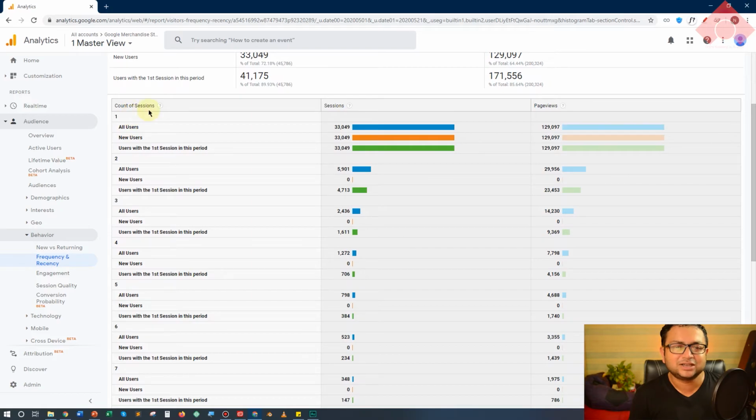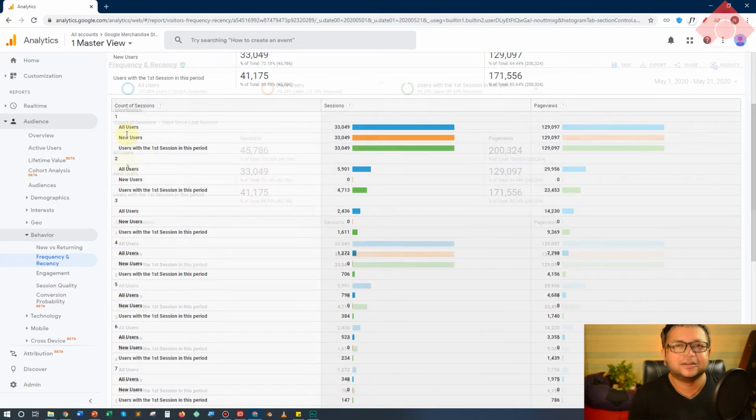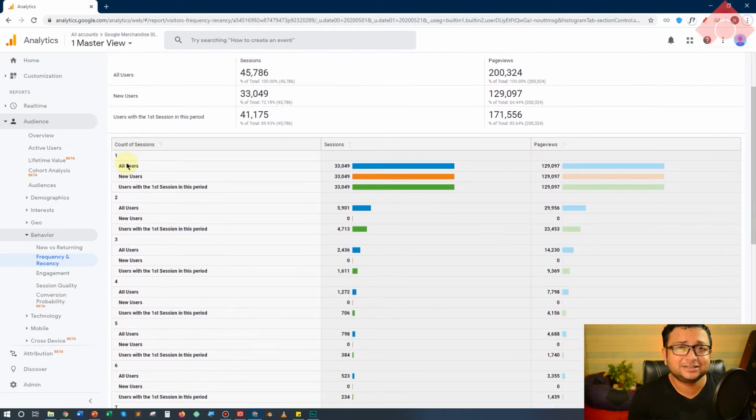Now, let's focus on count of sessions 1. All users and new users, we already understand how this comes. Now, let's look at this report more closely to understand better. We will take a look at this count of sessions 1 block. We have got all the 3 segments displaying: all users, new users, users with the first session in this period.